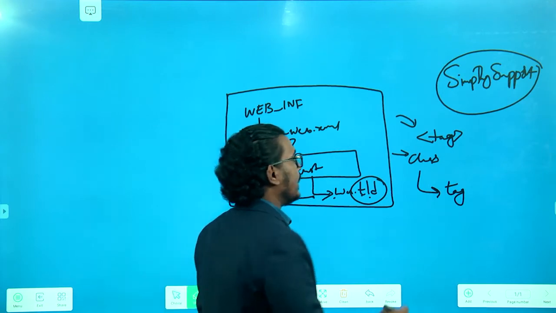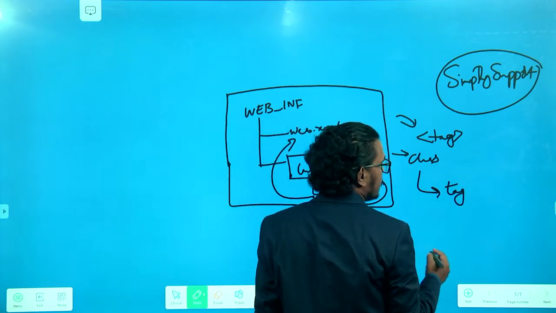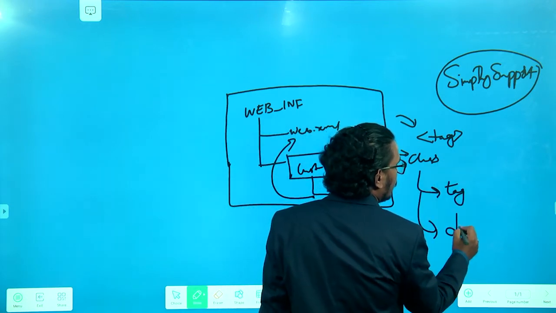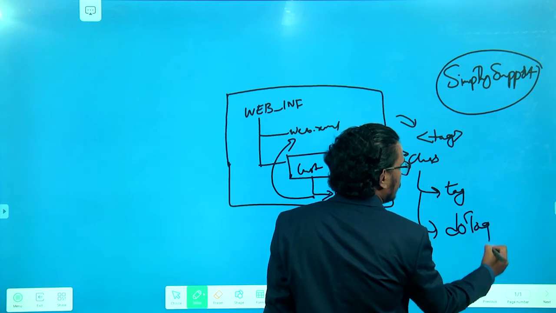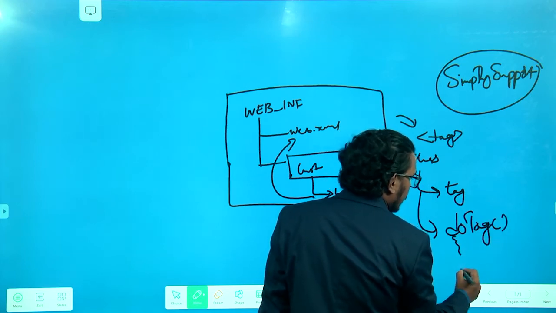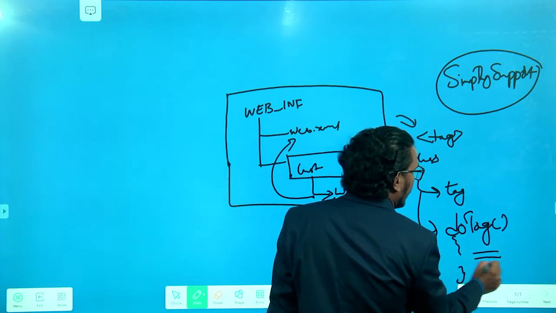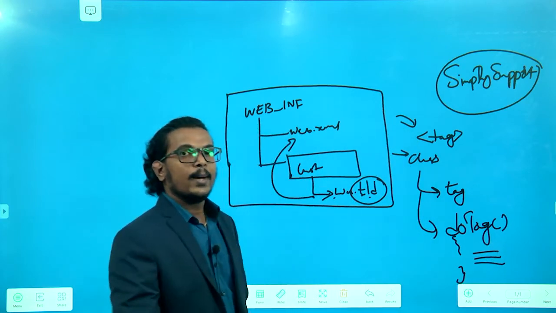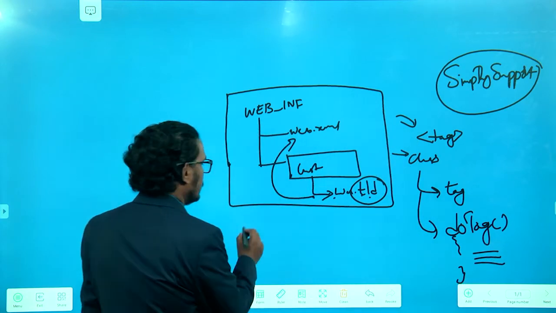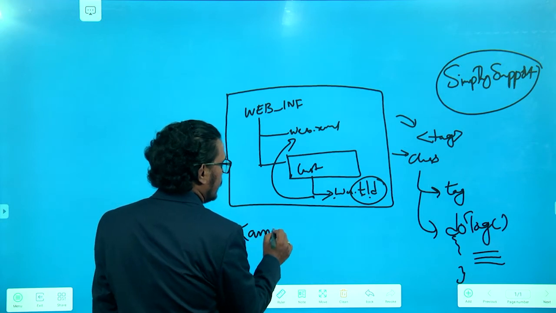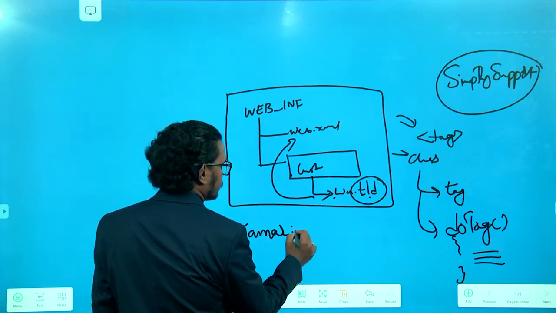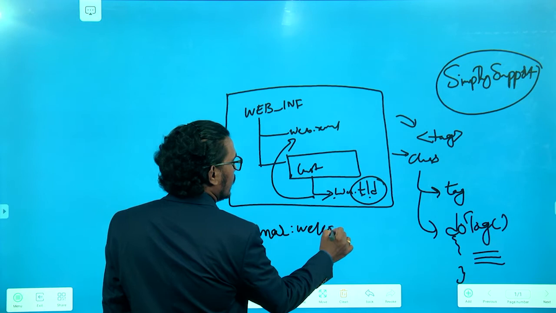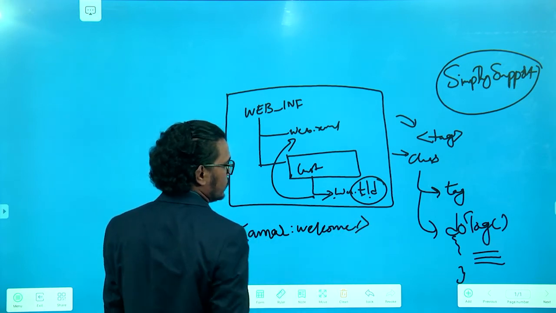After your extension is over, we have the doTag method. Whatever information you want, you can write here. For example, whenever you call your tag, my tag here is welcome, and it's a closed tag.